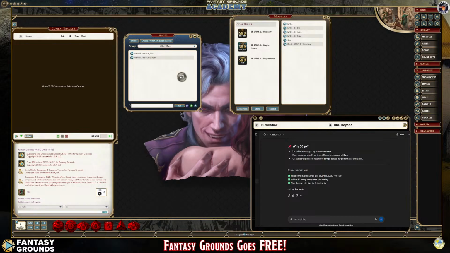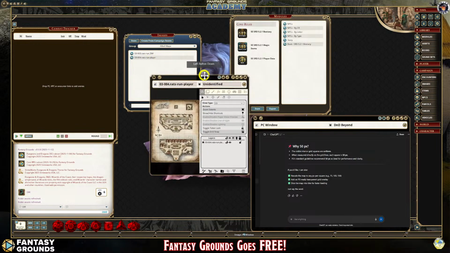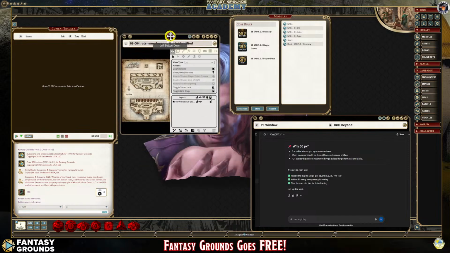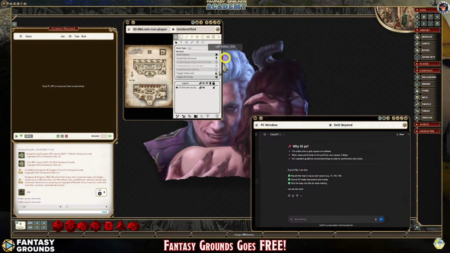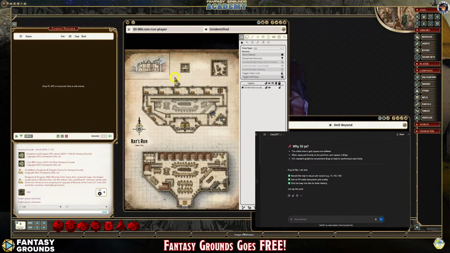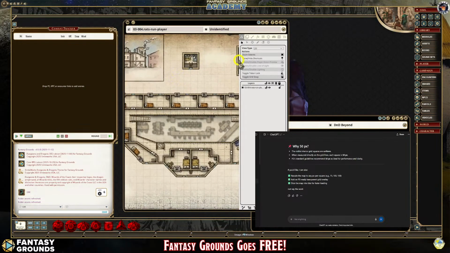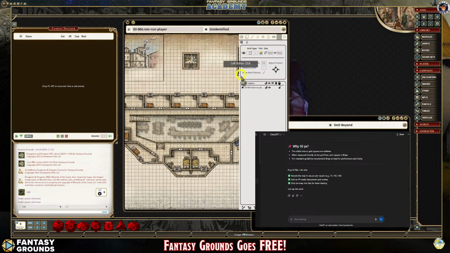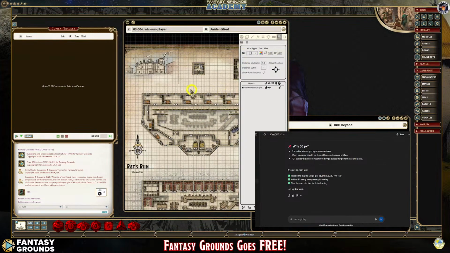All right, so now that we have that, and we haven't altered the scale of the map, that's really important because it's just going to irritate the crap out of you. So what we're going to do with lining up the grid is check it. We're going to start with 50 and see how it lines up. So we're going to click on grid, and turn on the visibility. So as you can see already, 50 is